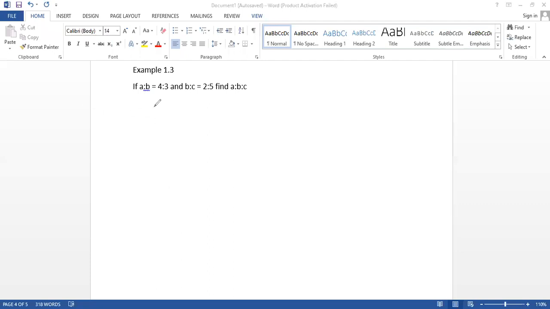So over here, you can see that A:B is 4:3, and then B:C is 2:5, and we need to find A:B:C. I'm going to write it in this way, and then just plug in the information. So 4:3, and then B:C is 2:5. So this is going to come over here,